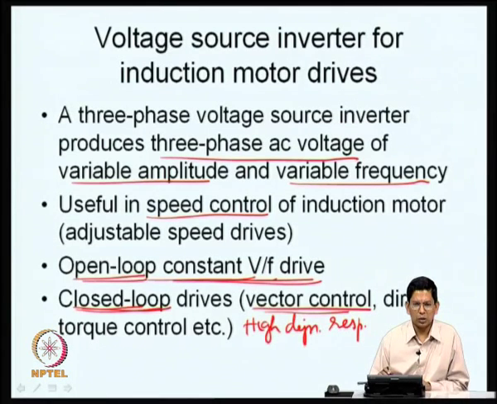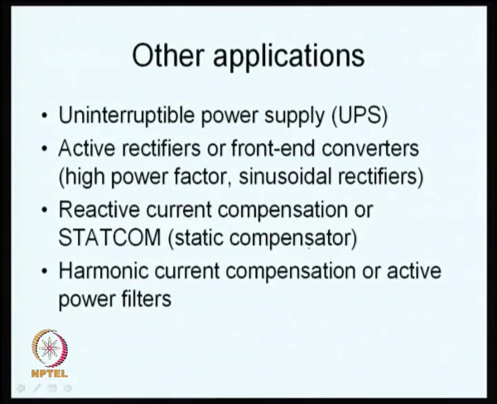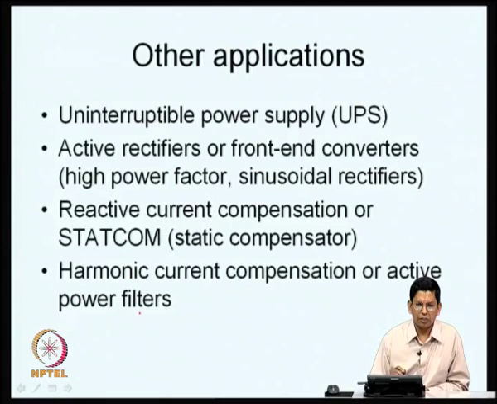This is what we have been looking at as a squirrel cage motor; for slip ring induction motors, synchronous machines, permanent magnet motors and varied kinds of motors, drive operation is possible. All this control of such various drives is dealt with in various other courses. So, here today we have primarily looked at the voltage source inverter feeding an induction motor. The other application, as I mentioned before, is an uninterruptible power supply.